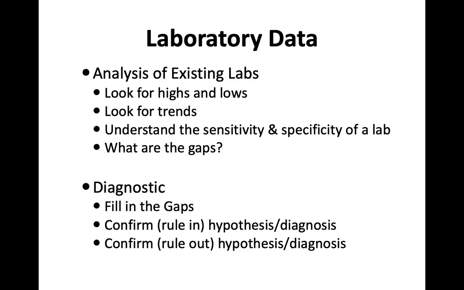All right, why sensitivity and specificity in that case? So I'm going to do something called a C-reactive protein. I might do an ANA titer. I might do a SED rate. Those are inflammatory markers. And those inflammatory markers are very, very sensitive to inflammation in the body, but they're not specific. So even though I would have an ANA titer elevation, I don't know why it's elevated. That means I have to go figure out some more stuff.